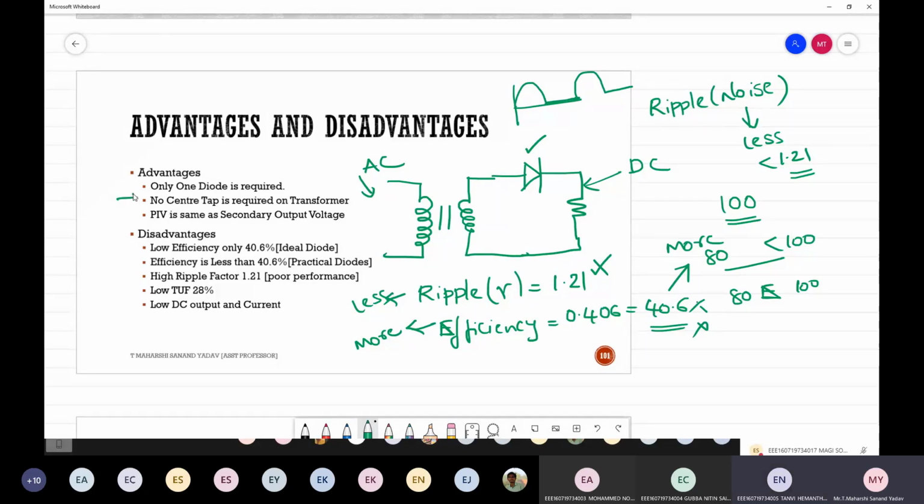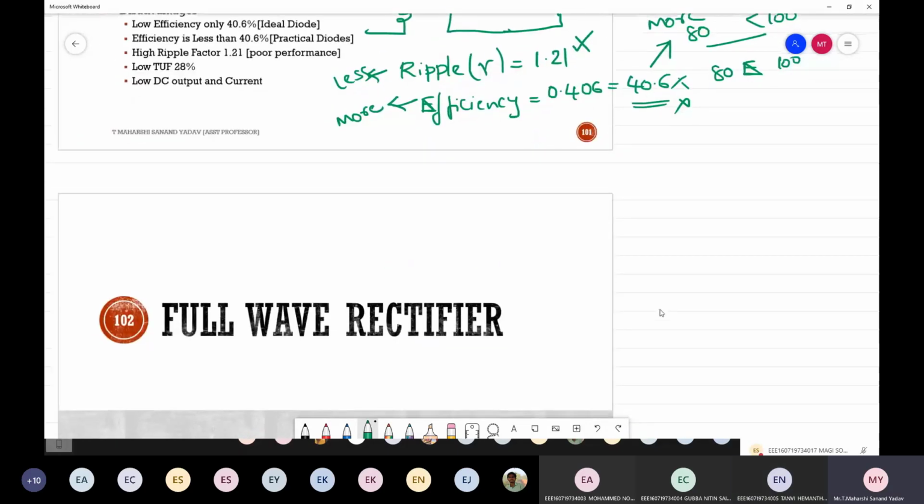And this is a special concept. What is meant by center tapped? Center tapping is nothing but tapping the secondary winding of the transformer, which we call the center tap. Clear? We shall see in detail in full wave rectifier. I hope everyone is clear with half wave rectifier, or any more doubts? Once you are familiar with those 4 parameters, all the other parameters are easy. And if you understand half wave, full wave will be very easy for you to understand.